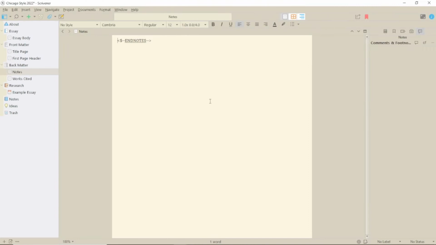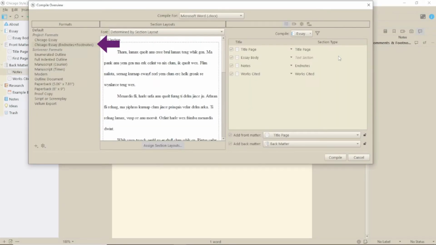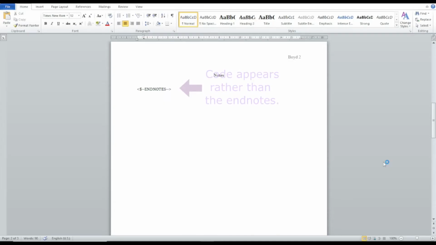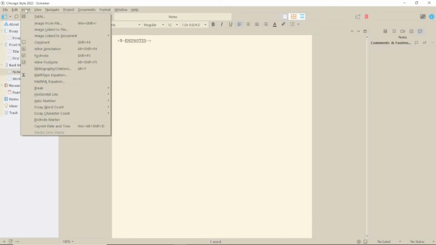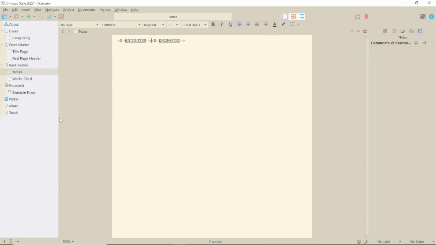When testing compile for this format on the version that pulls the EndNotes to the specific notes page in compile, I discovered that wasn't working. It took me quite a while to work out what the issue was, and this might be an issue for anyone adding the EndNotes marker to another document, which you can do from the Insert menu.